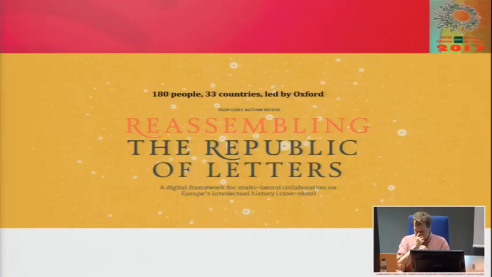So the first one of these, I already talked a little bit about this, is on early modern European correspondence networks. It's headquartered at Oxford, but it's broadened from that into a European Union COST Action, which is sort of a collaboration action meant to bring people together who are working on a common theme. And this is a really big one. So it has 33 countries around Europe and also the US, and in total 180 people as part of the